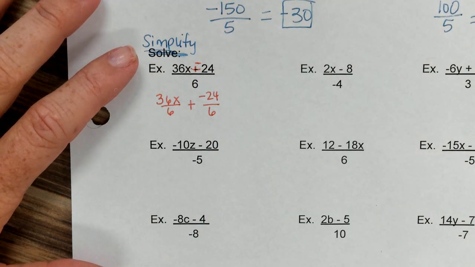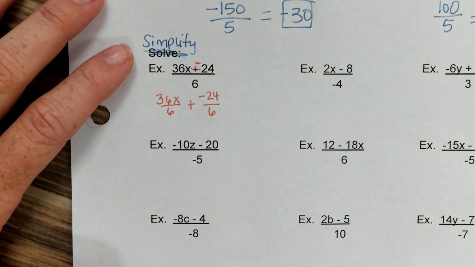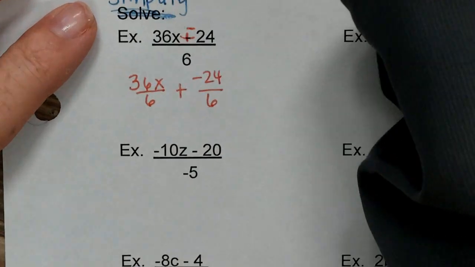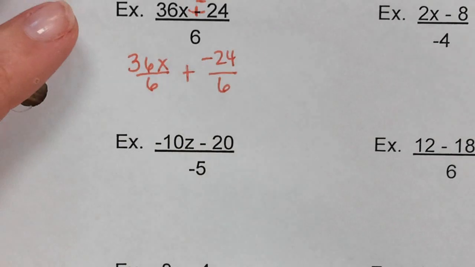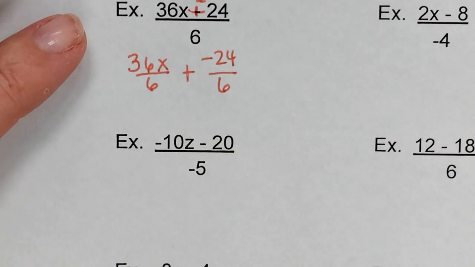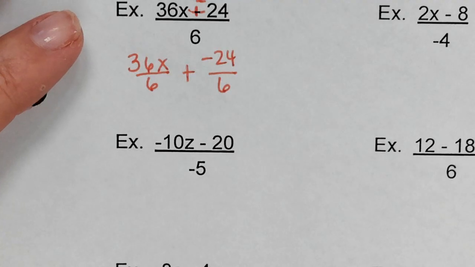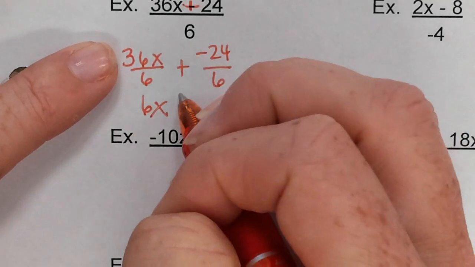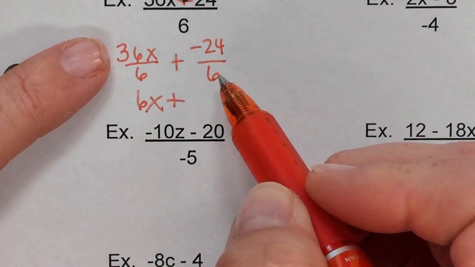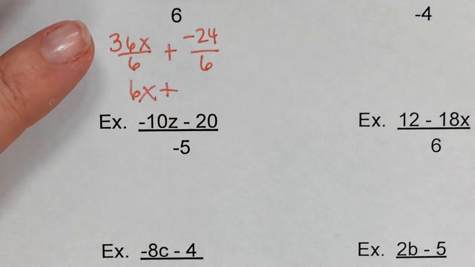Now, I'm not done. Now I'm going to simplify what I just did. Can 36 sixths be simplified? Yes. Put in your calculator. What is 36 over 6? 6. So that simplifies to 6x plus,